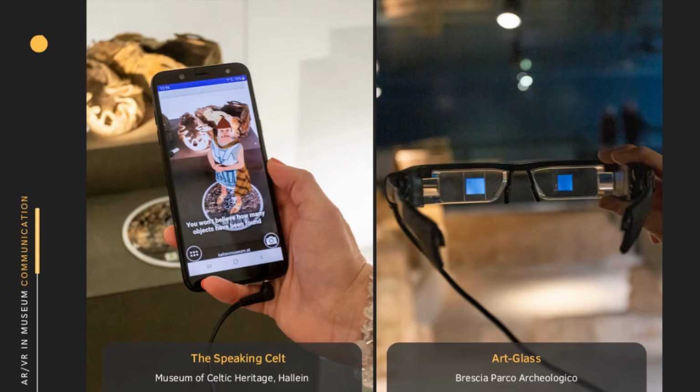We would like to show two tour guide applications. One is the mentioned AR glasses in the Archaeological Park in Brescia, Italy, and one of my favorite AR visitor tour guides from the Museum of Celtic Heritage in Austria. The speaking Celt tells interesting stories about his and his family's life to younger generations. Through the AR glasses, we can see the original building and the ruins at the same time in the Archaeological